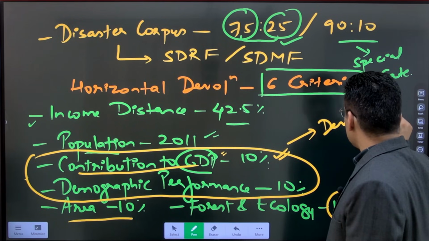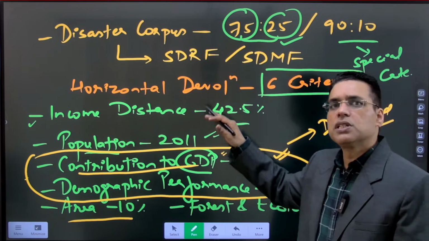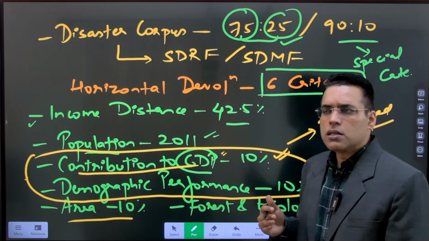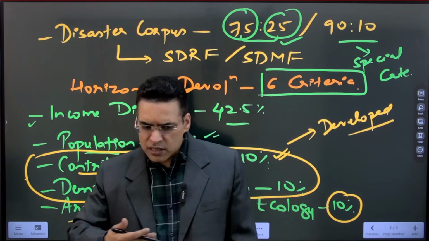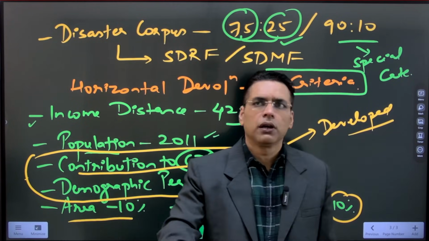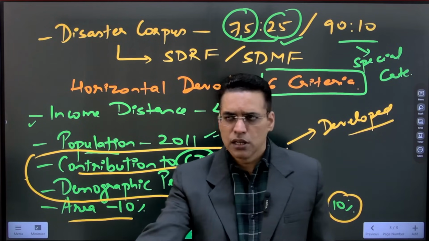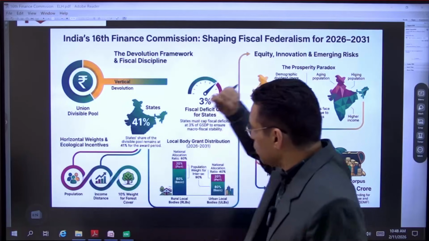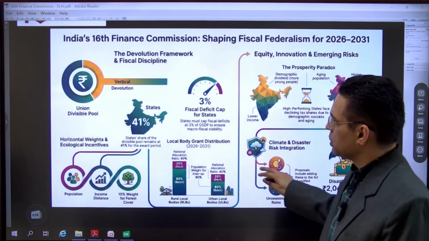But other criteria are mainly helping the states which are relatively poorer or the states which are not doing so well, because the grants or revenue that is given to the state government will also depend on the level of development of these states. So the biggest criteria is 42.5% for that level of development. So that is how the entire concept of the Finance Commission can be understood.